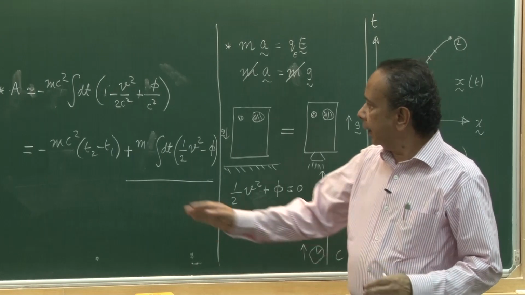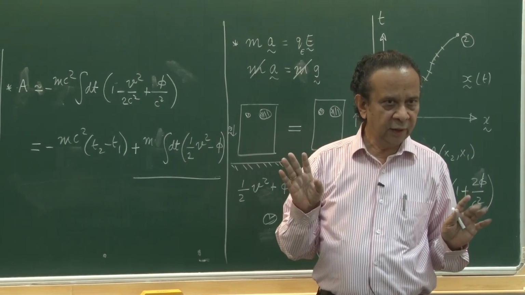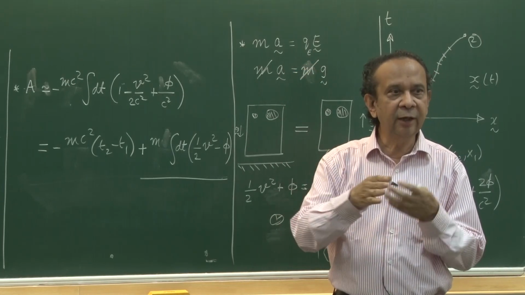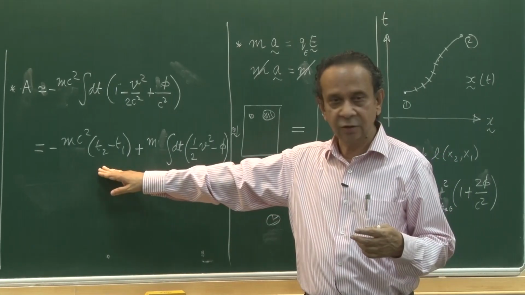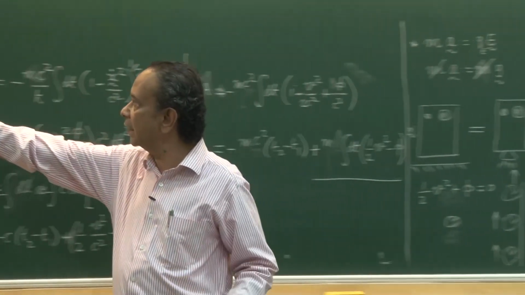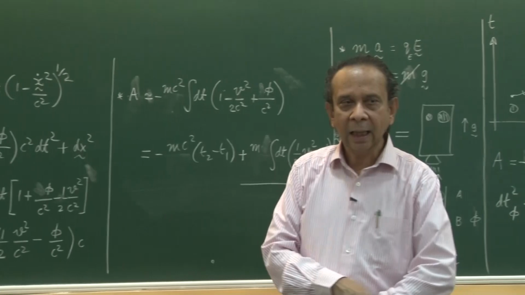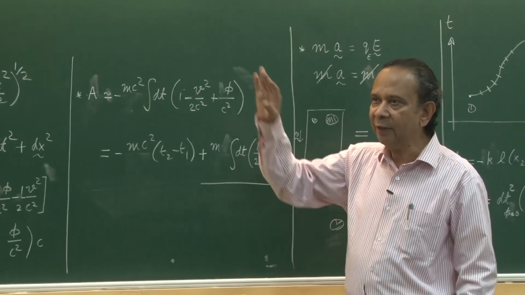What is it? It has some quantity here which is independent of the path, it only depends on the endpoints. So, that is not going to contribute when we do anything with the path. Suppose I sum over all paths, this is always a constant. So, it is e to the i over h cross times this. This is just a phase. Okay. I will have more comments to make about it a little later, but as far as our calculations go,